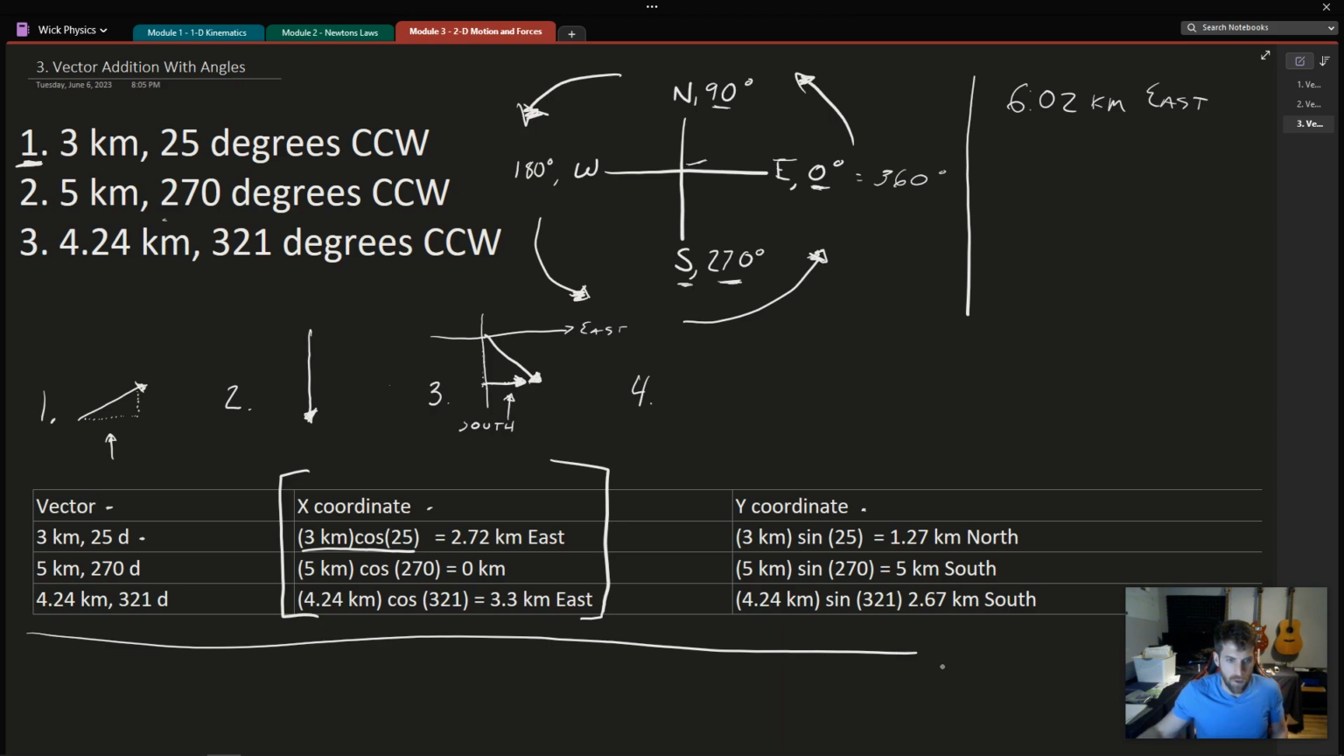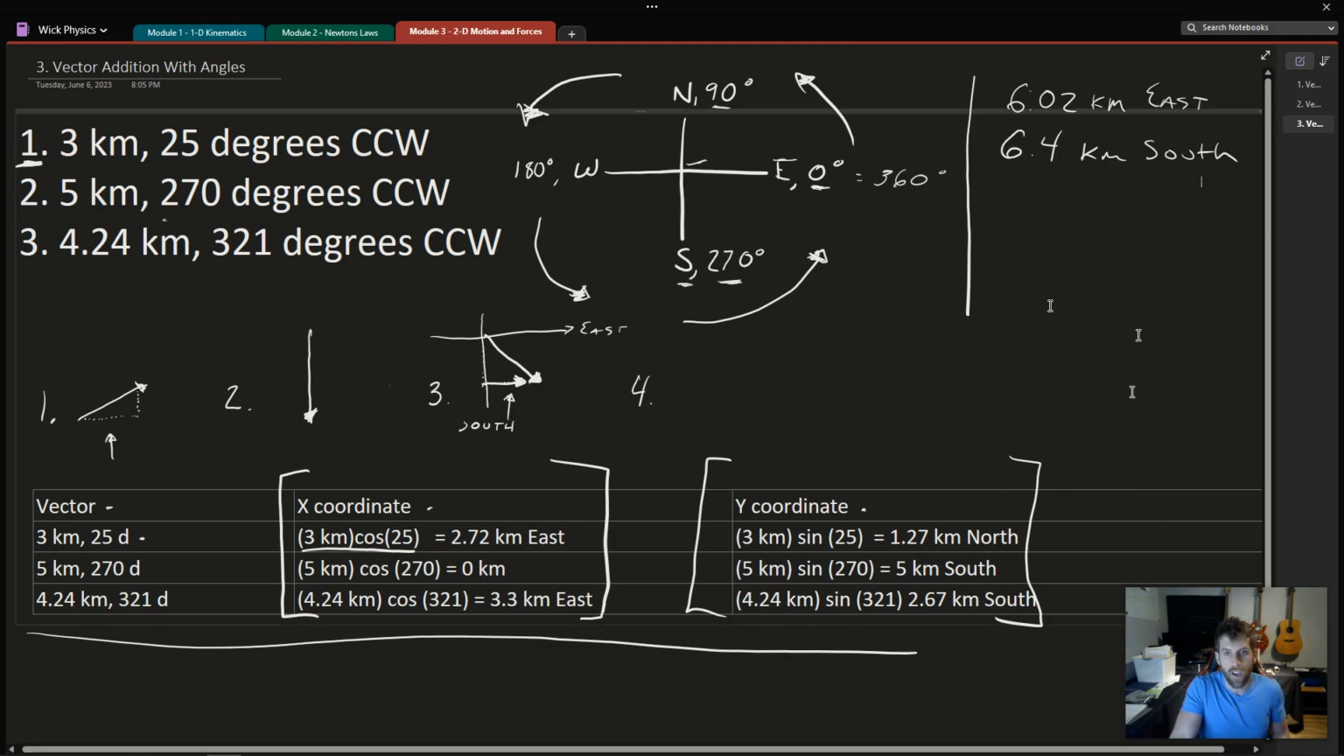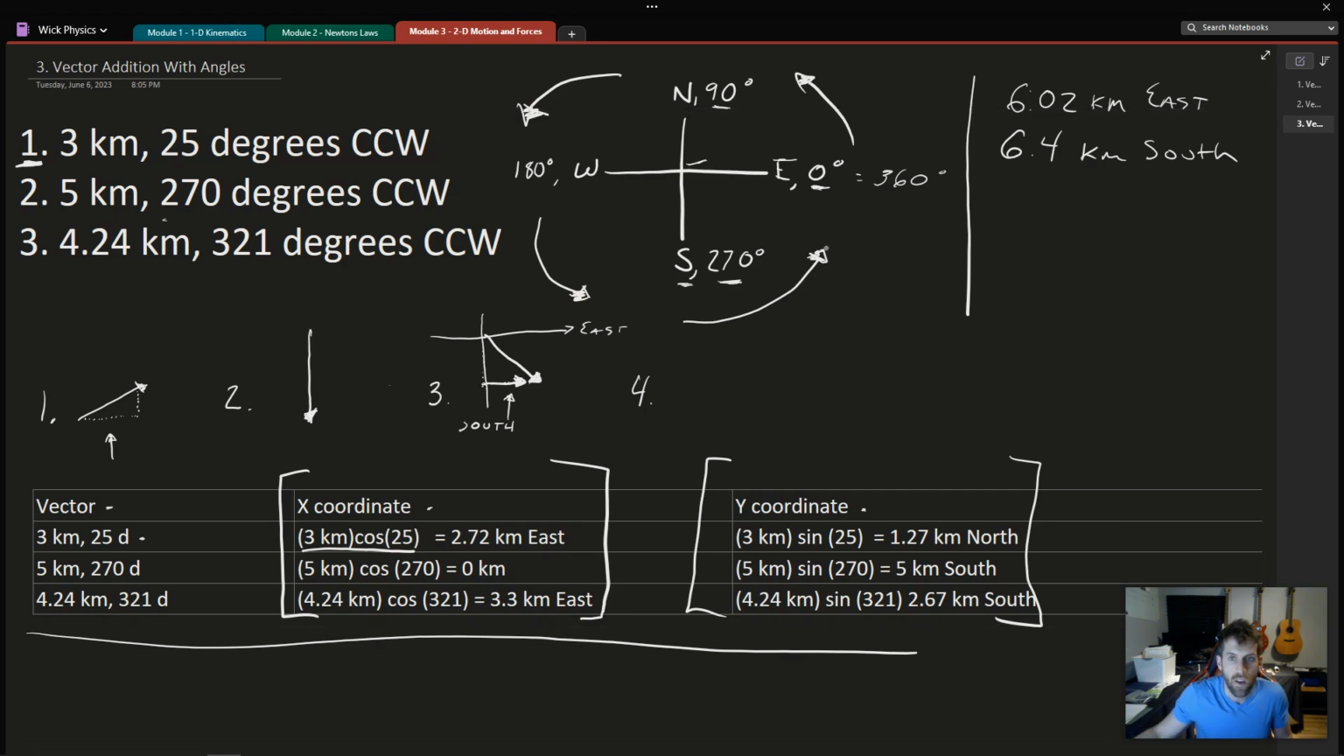Now the y coordinate we have to add up, and we get 1.27 minus, let's actually do this, 5 plus 2.67 minus 1.27. And we're going to get a 6.4 south. Kilometers south. Okay, so we can start coordinating that angle, and we'll actually put that in our